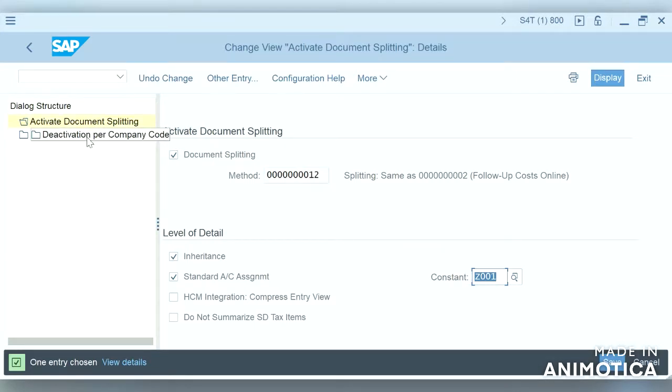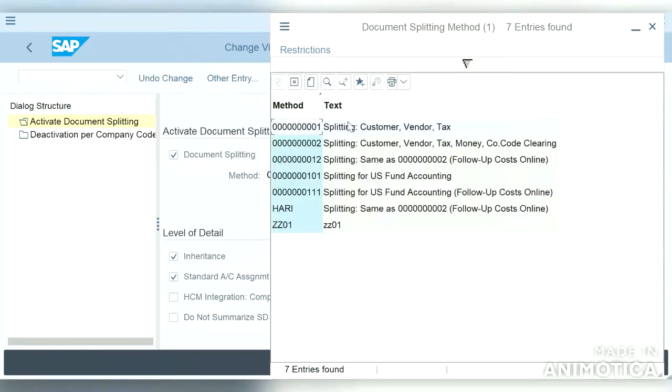Here in the company code level we can do that. Select checkbox activate document splitting, and apply appropriate method. So the SAP pre-delivered method is this. If you see, we can even create our own method.